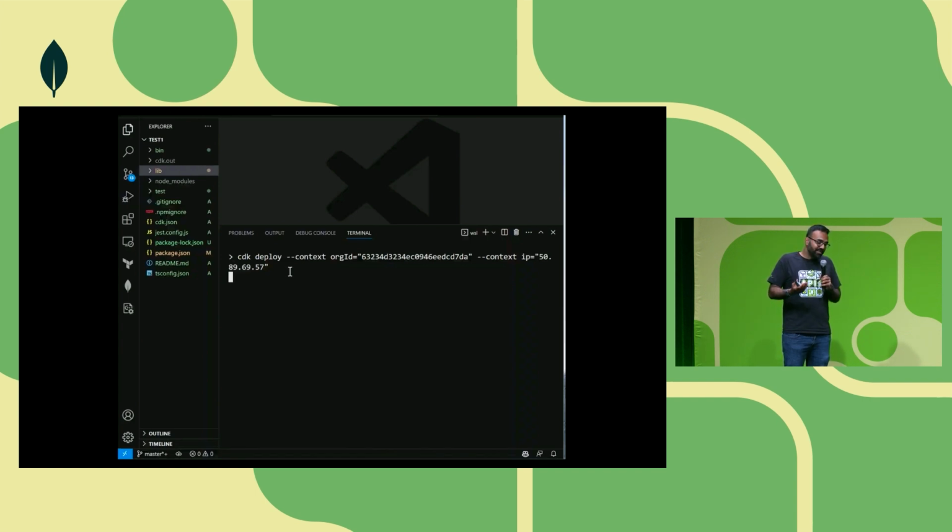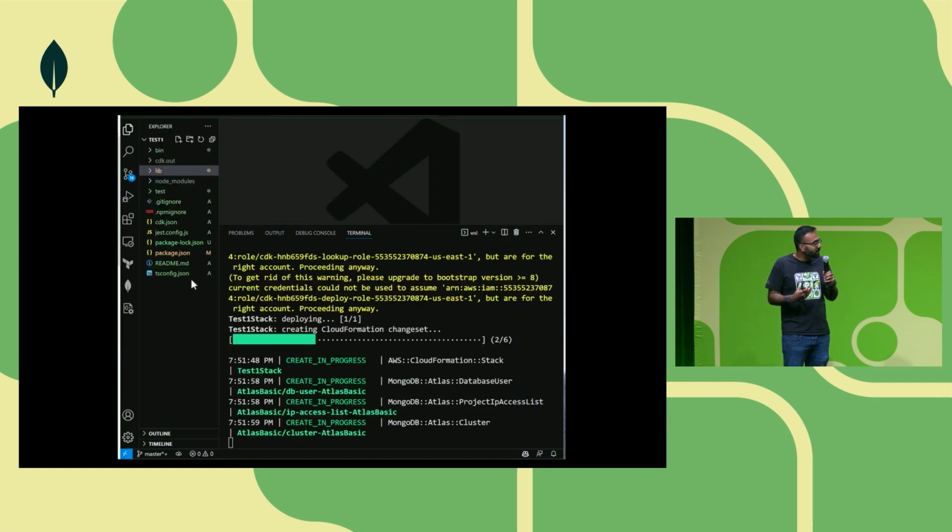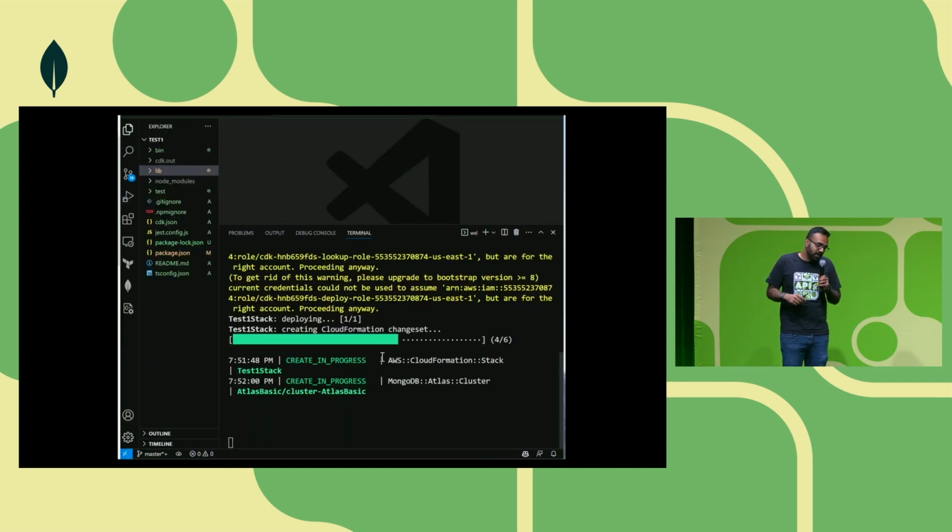And because this is a higher level CDK L3 resource, we're actually going to be passing in just 2 parameters: the Atlas organizational ID and the IP address for which you want your IP access list to be available to, and that's it. So it's really cool how we got it down to such a minimal amount of commands. Once you're comfortable with the deploy statements, you hit enter, and you'll see a nice, healthy green status bar, which lets you know that the deployment is ongoing and in progress.